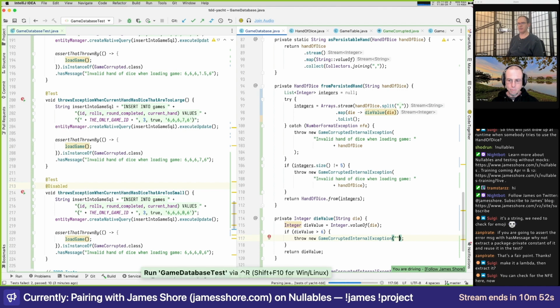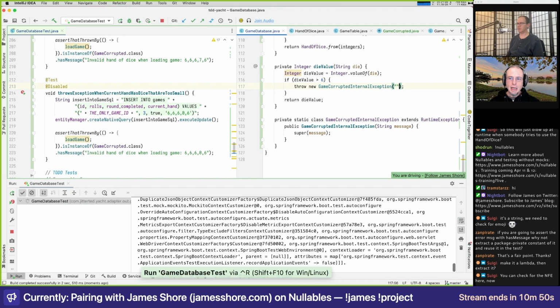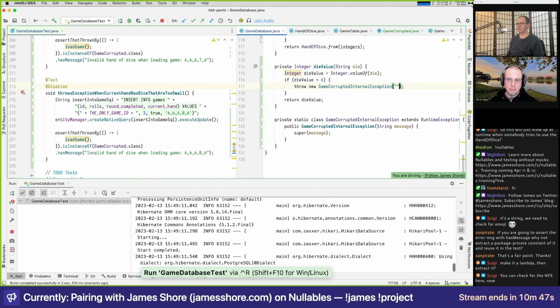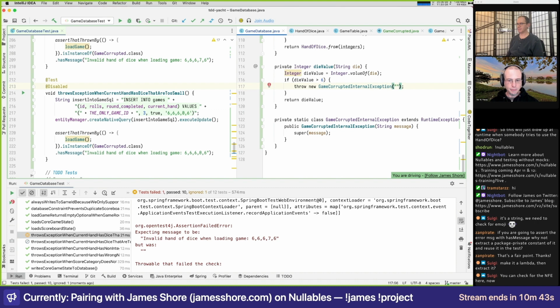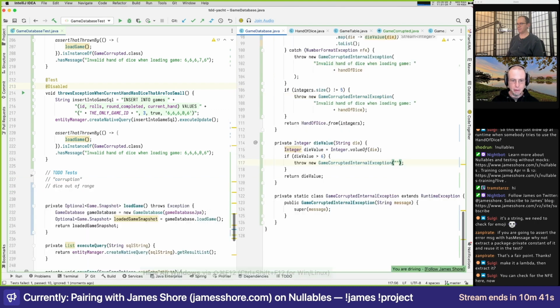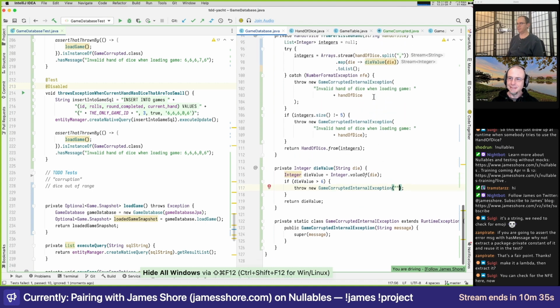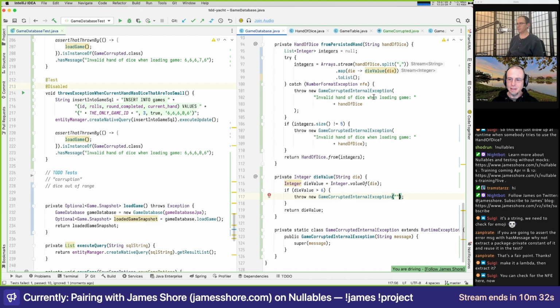NFE, not found exception? Yes, we could. That would be a refactoring. Okay, so now it fails with just the raw message. Yep. And we're going to need to pass the hand of dice in. That's easy. We just add it to the parameter list.